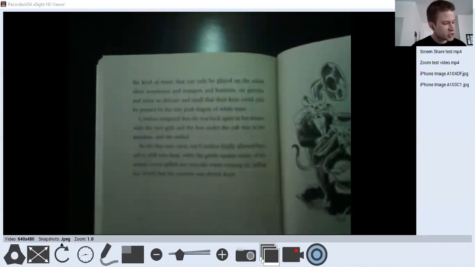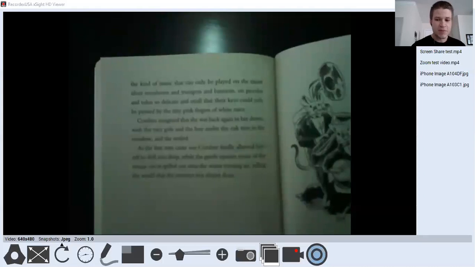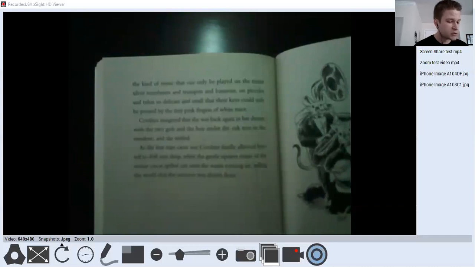Coraline imagined that she was back again in her dream, with the two girls and the boy under the oak tree in the meadow, and she smiled. As the first stars came out, Coraline finally allowed herself to drift into sleep, while the gentle upstairs music of the mouse circus spilled out onto the warm evening air, telling the world that the summer was almost done.